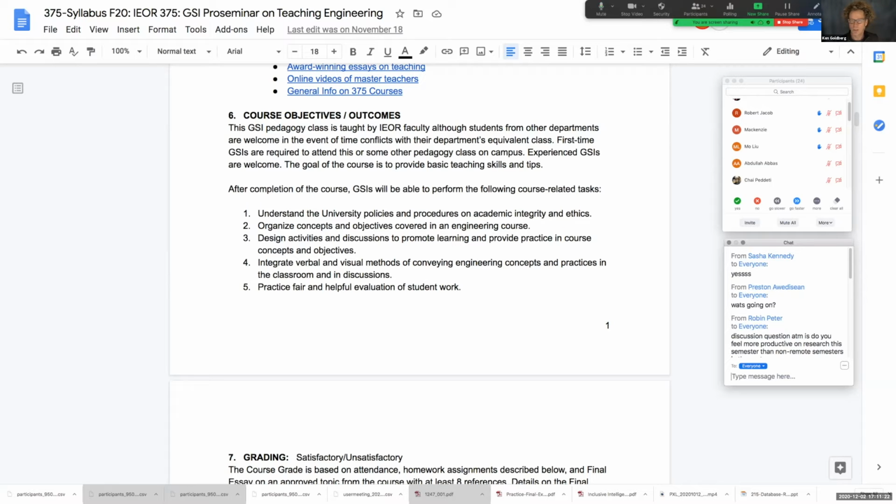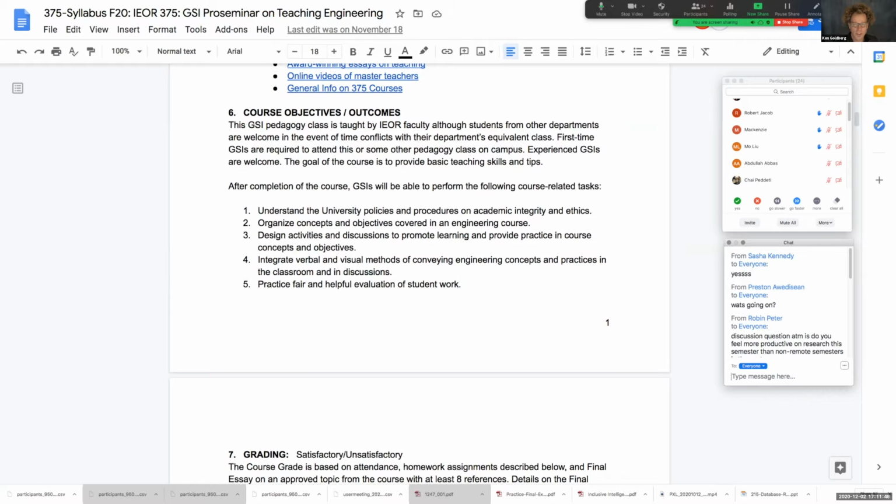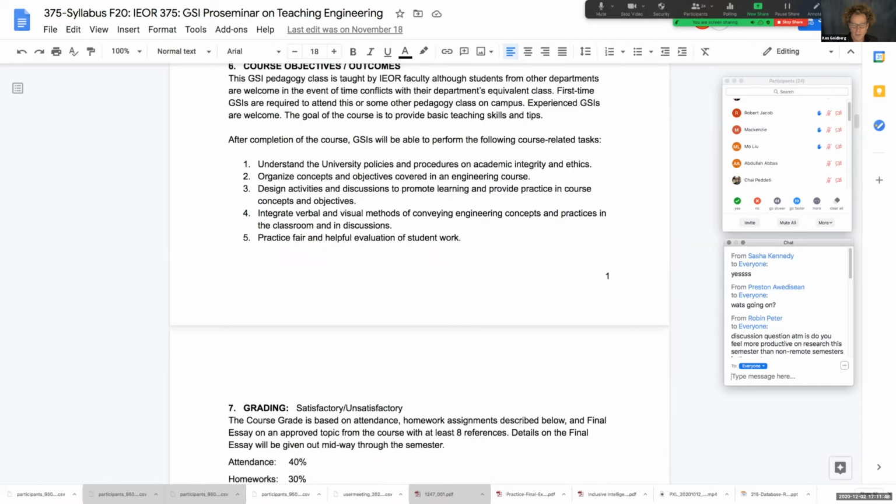And so we pivoted a little bit to say, this is a class where a lot of what we're covering is relevant to anything you do. In almost every job, there's elements of this class. And so we could revise these goals to say that they're relevant to not only being a GSI or a teacher, but to being a manager or being part of a research team and many other things. Okay,